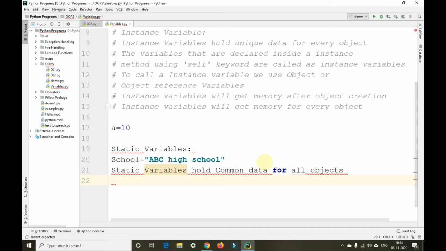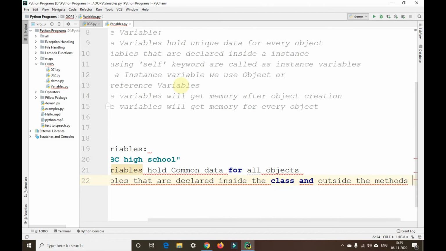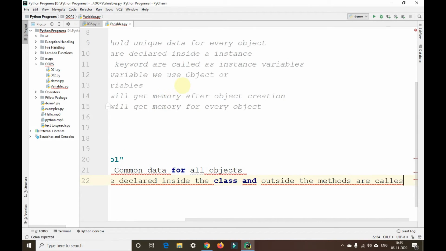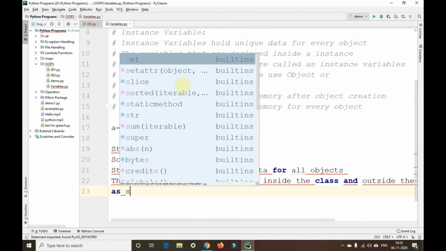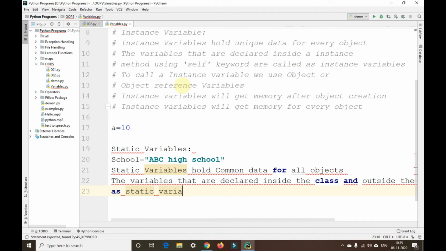Then these variables are declared inside the class and outside the methods. The variables that are declared inside the class and outside the methods are called as static variables.